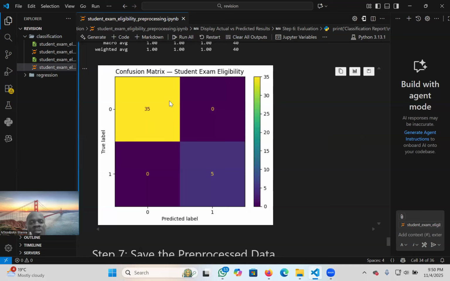And once I give you a confusion matrix like this, and I ask you how many true positives, how many true negatives, how many false positives, how many false negatives, you will know how to compute them from this confusion matrix. Try to understand how the confusion matrix works, okay? I hope